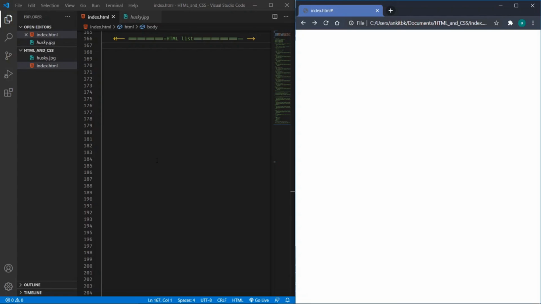As you can see, I have separated out the section for the list, and we will start with our unordered list. For the unordered list, we have to place the UL tags.